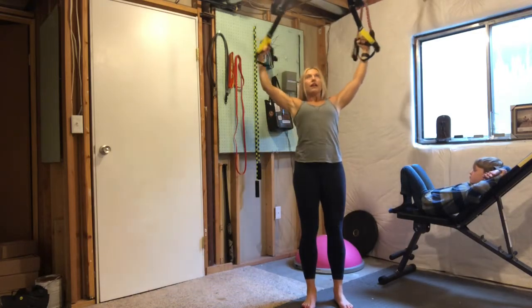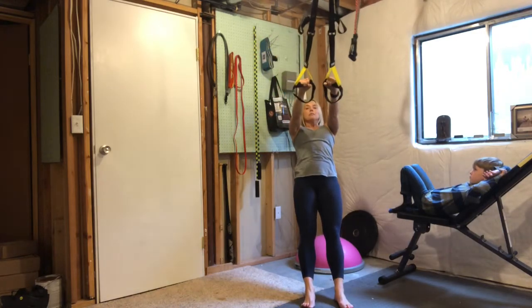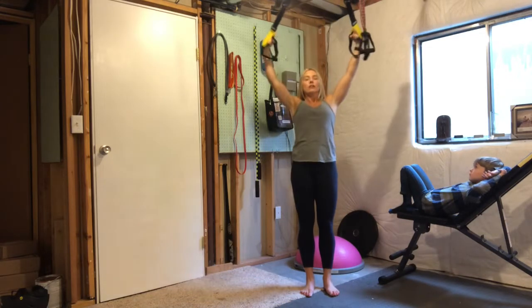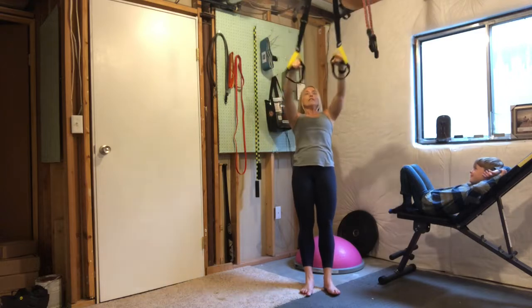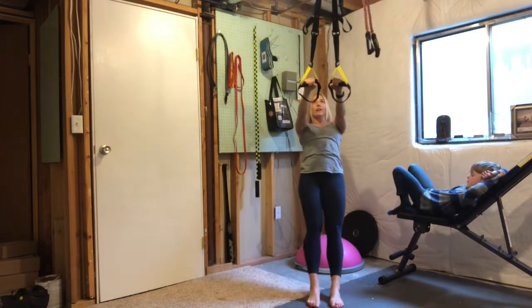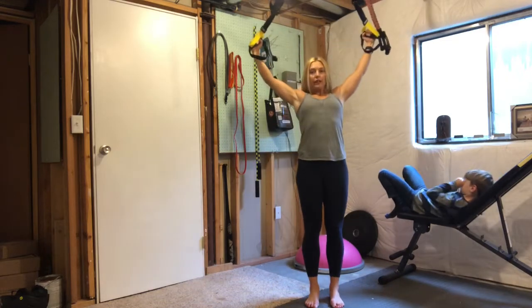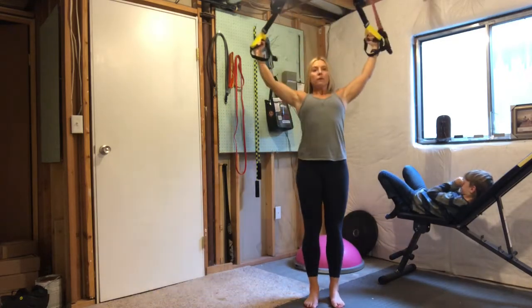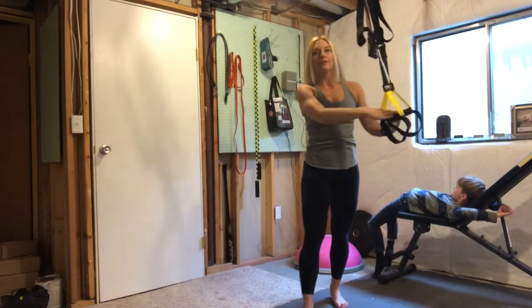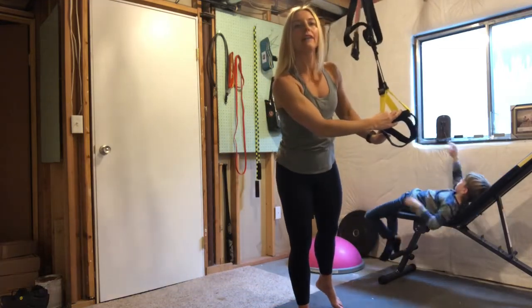Up and lower. Up and lower. Now, to make this easier, walk your feet back. Again, the body's at less of an angle. If your rear delts are feeling super strong, walk your feet more forward, and you're going to be pulling a farther distance. Very good, 45 seconds there. Then we have,